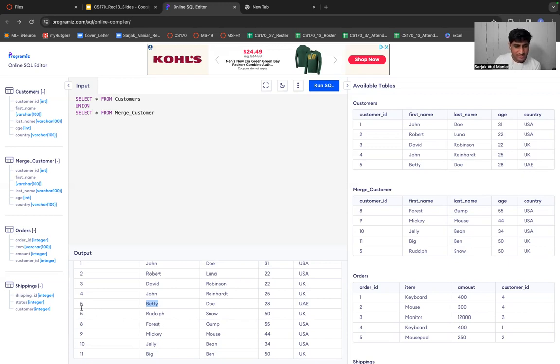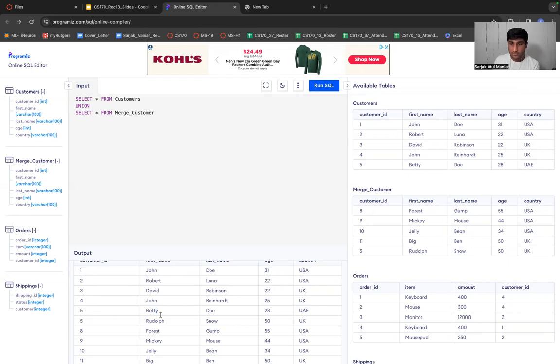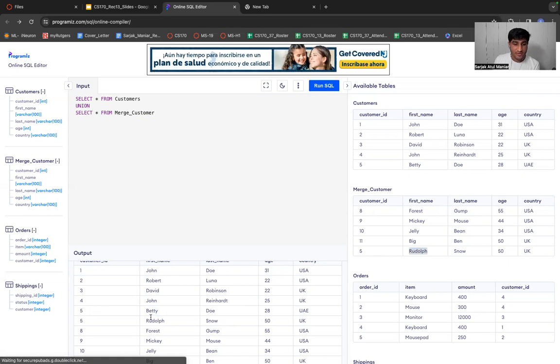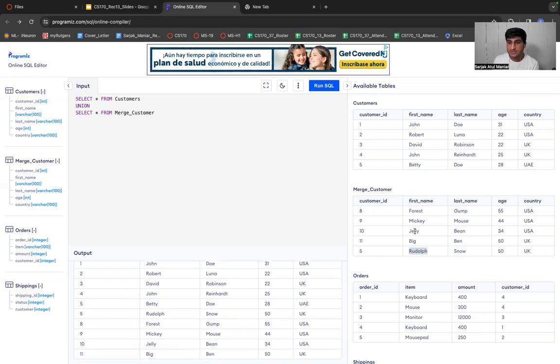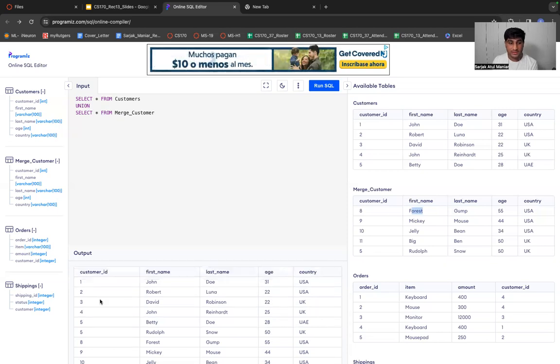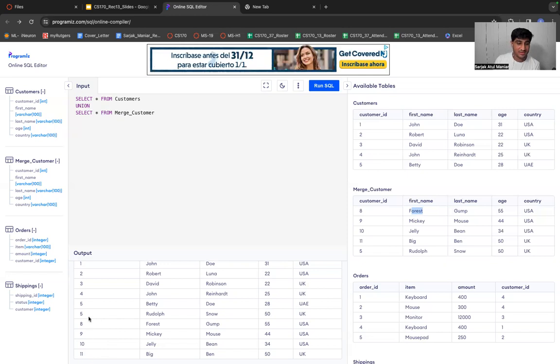But note that after this 5, we have the ID starting from 5 again. Rudolph has the customer ID 5. After Rudolph, we have Forrest, so it's 8, 9, 10, 11. It's going in ascending order for the customer ID.